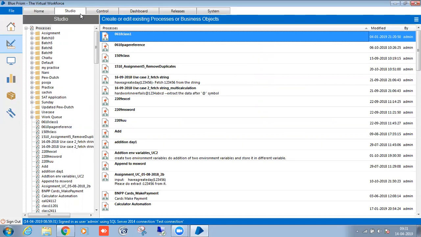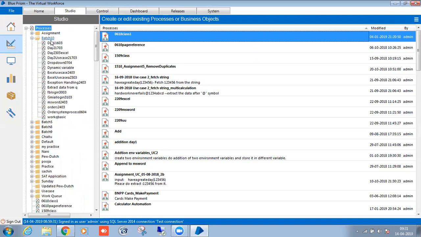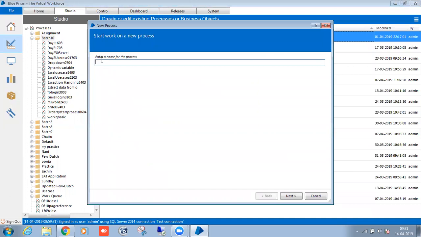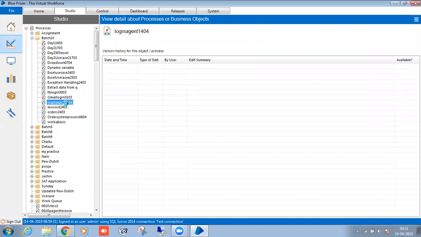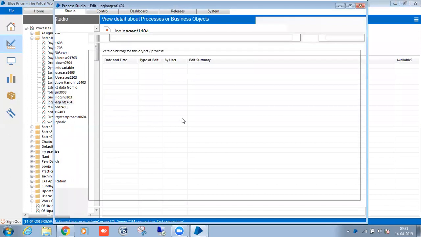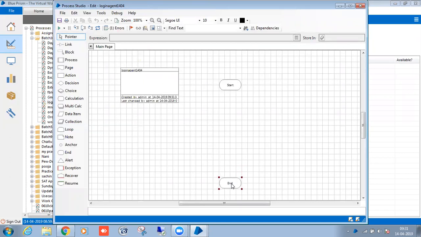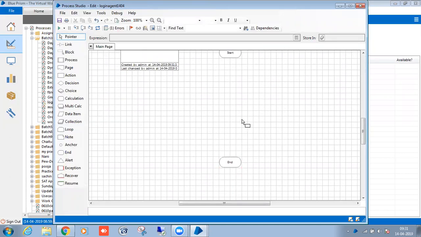Like Control Alt Delete, the screen is there. There are some settings they have to make, and there is one login agent software they have to install on the particular VM. So those things they have to make, and after that we will create one code. There is a VBO there, we just have to call the functions. That's it.